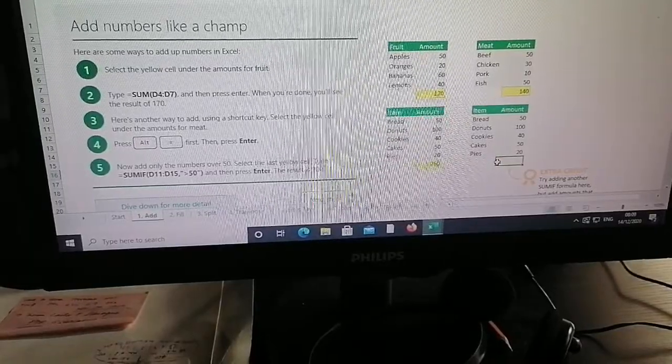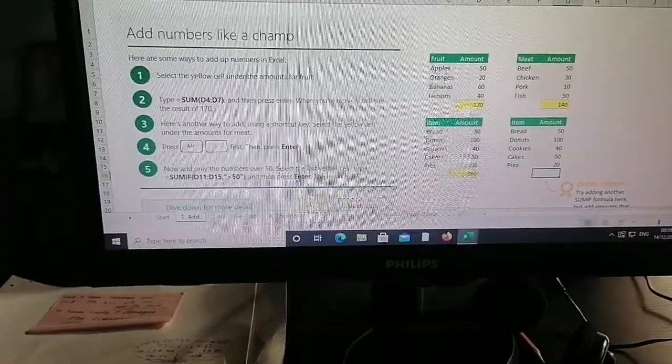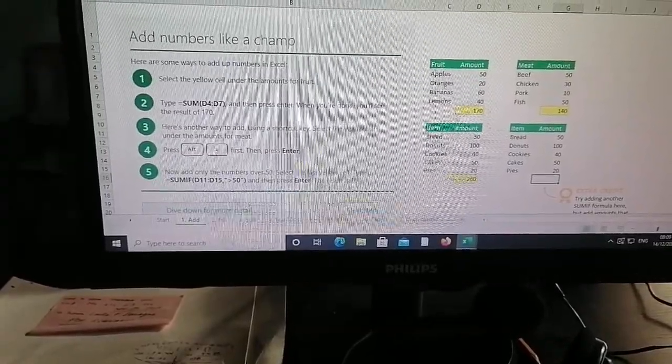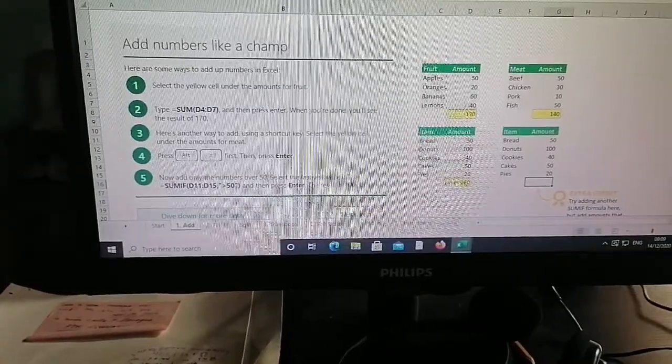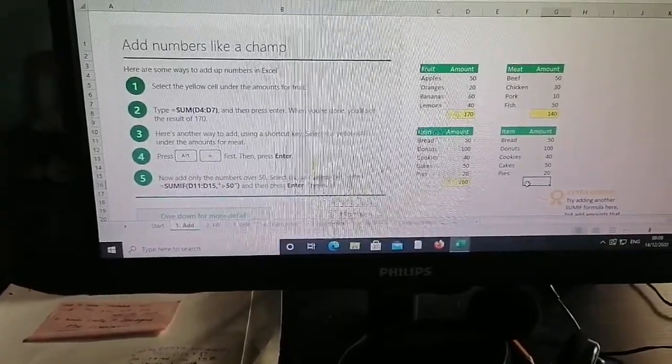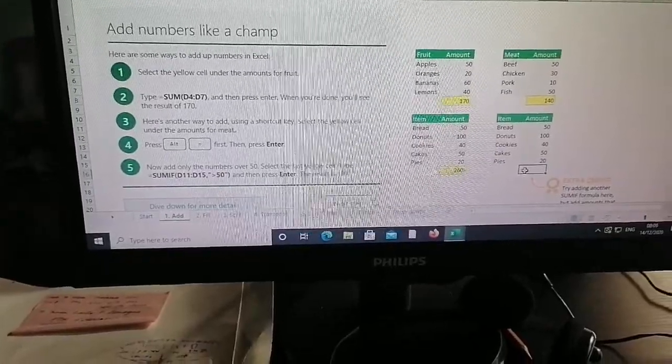So, dito naman, now, nakita nyo ba to? Now, add only the numbers over 50. Select the last yellow cell. Type, ito, i-type natin to siya. So, taas-taas tong ating i-type. Ang dami nating i-type dito. So, equals,